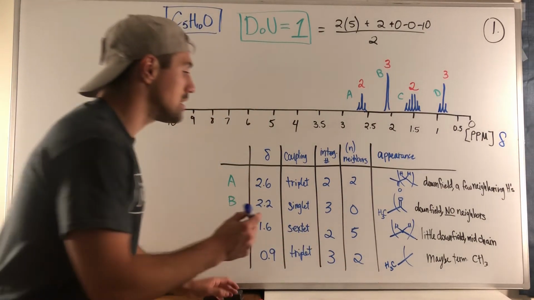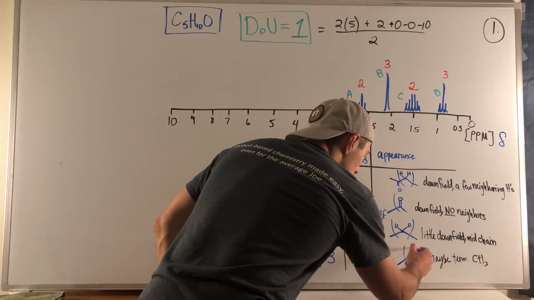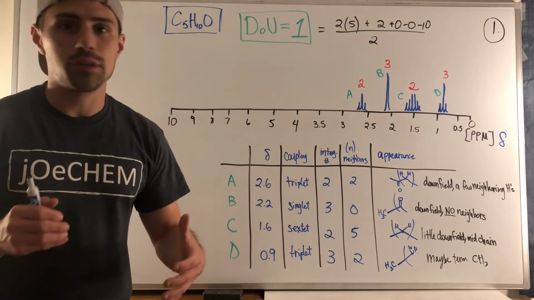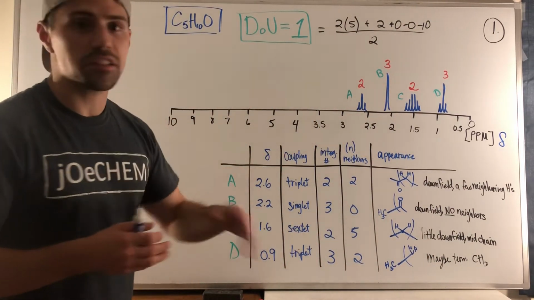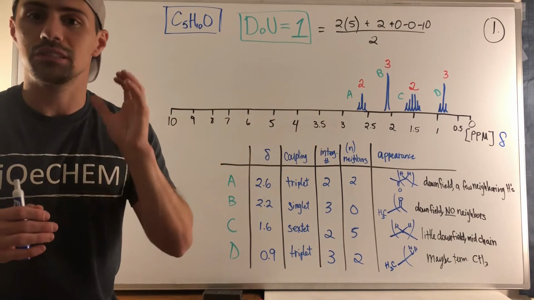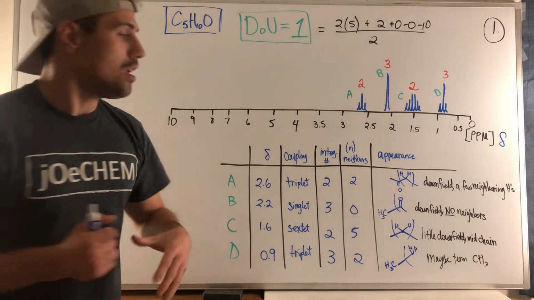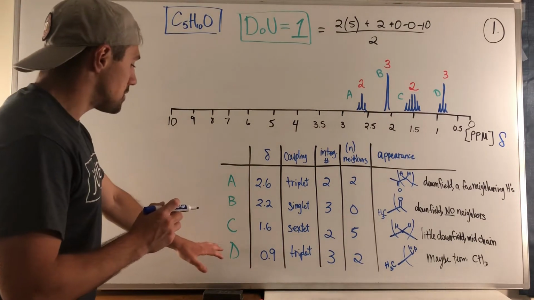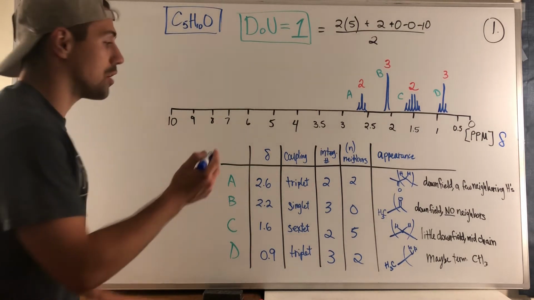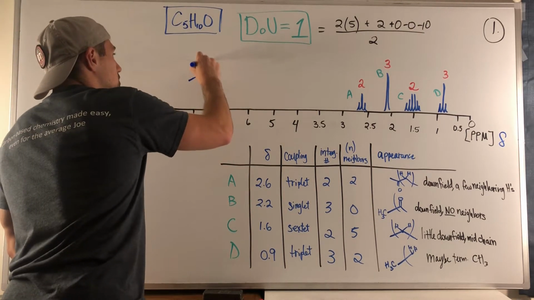So I hope that you can see that this would be really good if we have a terminal CH3. There's no electronegative atom even close to this that's going to make its signal appear more downfield. It's just a straightforward CH3 on the end of our chain. Okay, so what I like to do, I think B is our biggest clue. So if we did something like this,